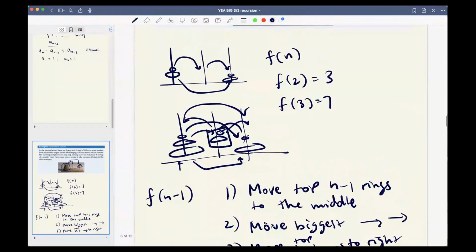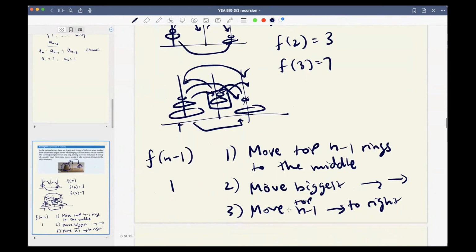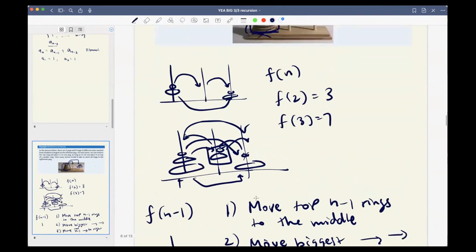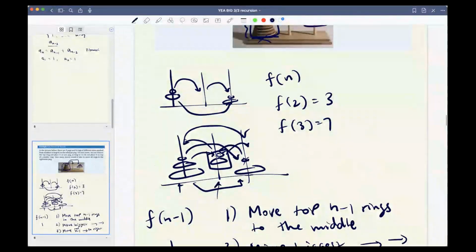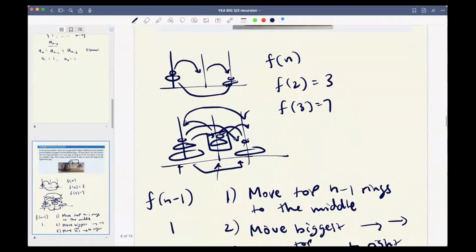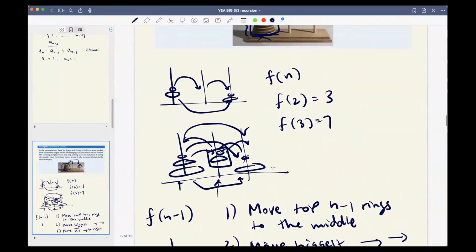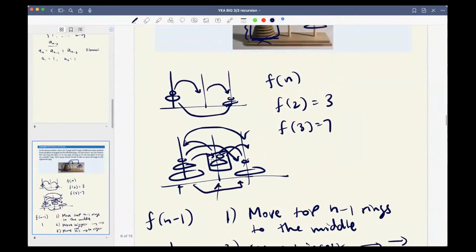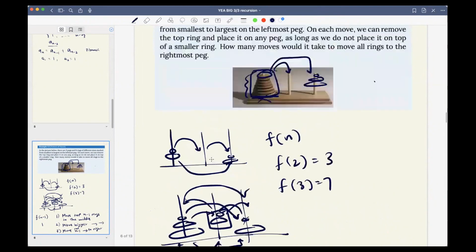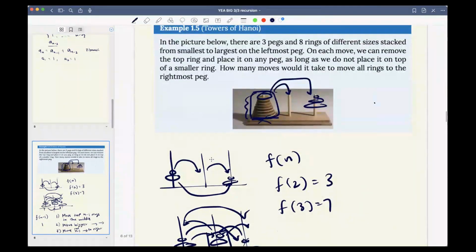And then the second step is pretty obvious, right? You're just using one move to get the leftmost one to the rightmost one. So that's just one step. And then lastly, you're moving the top n-1 from the middle to the right. So you're in this stage right now where you have 2 things here and 1 here, or in our case, 7 things in the middle and then 1 on the right. And in that case, it's also the same as just moving n-1 rings from one peg to the other peg,